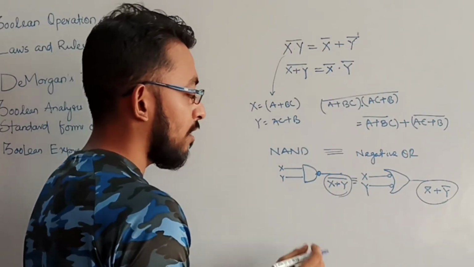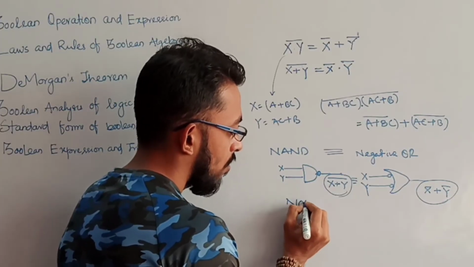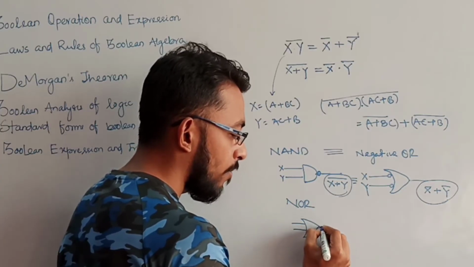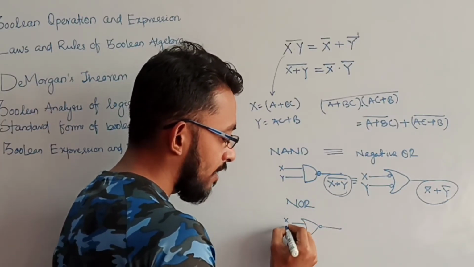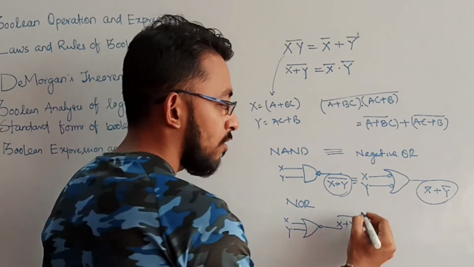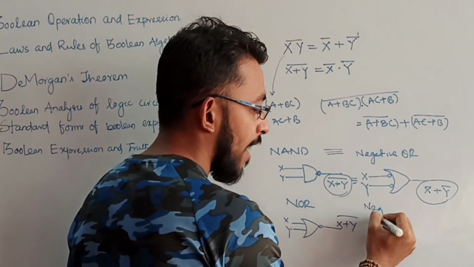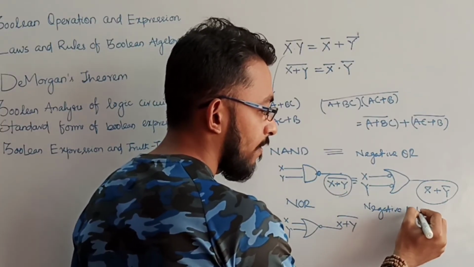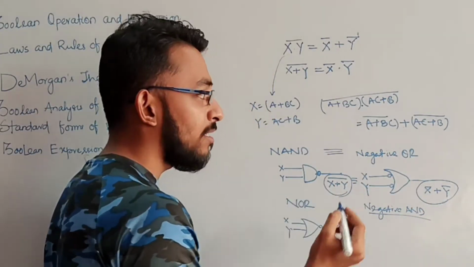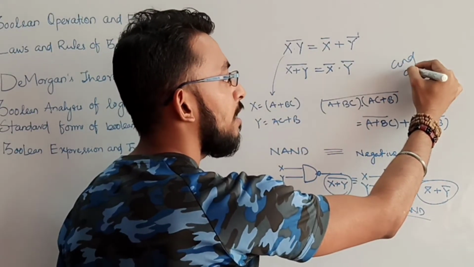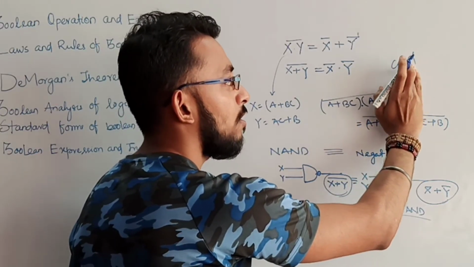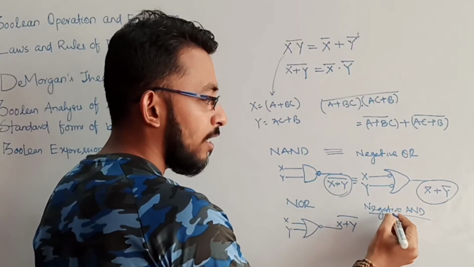Okay, and in the second case, that is for NOR. What is the representation for NOR? That is NOT with OR, meaning an OR gate with a bubble in front of it. It is x, it is y, and the output is x plus y whole bar. It can also be represented by a negative AND gate. When I write capital letters AND or OR, they represent my gates, and when I write simple small and or or, those represent the simple English words that we use. While I am using capital letters, they are representing my gates.